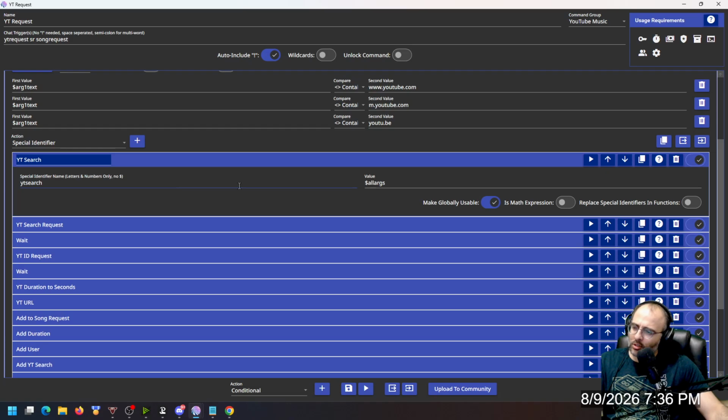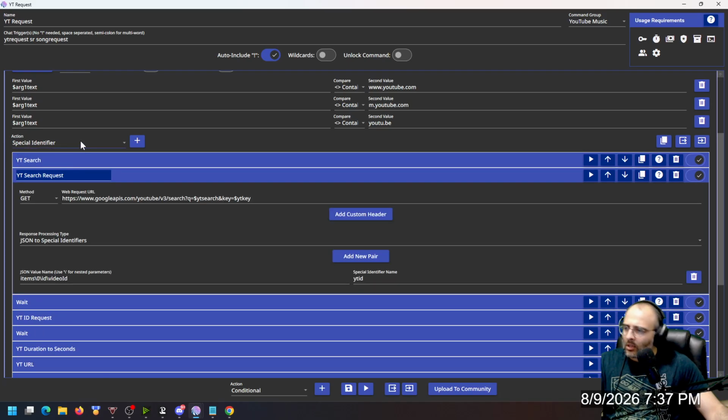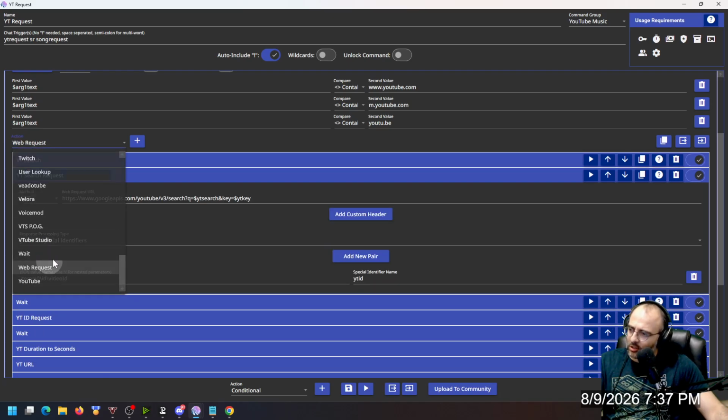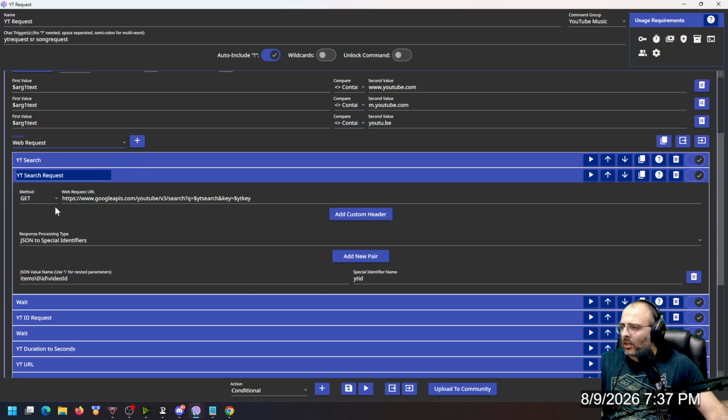Call it YT search. Set the value to $all args. Make it globally usable. I'm going to add a web request, and the URL will also be a GET request. The URL will be